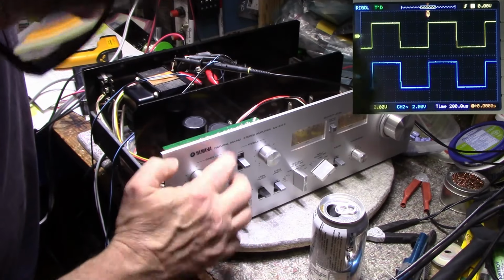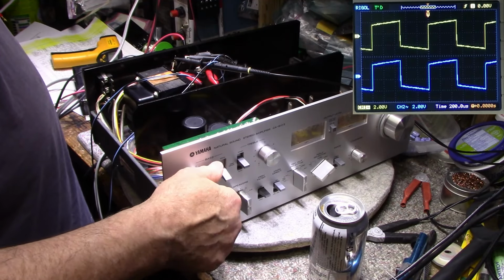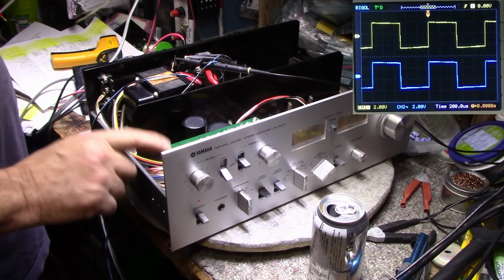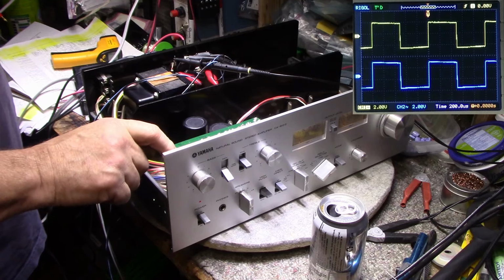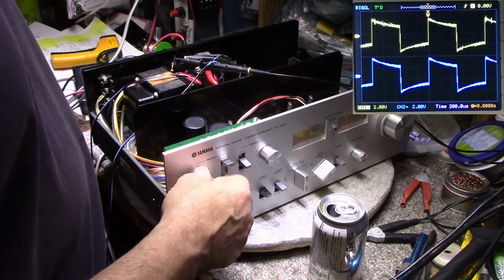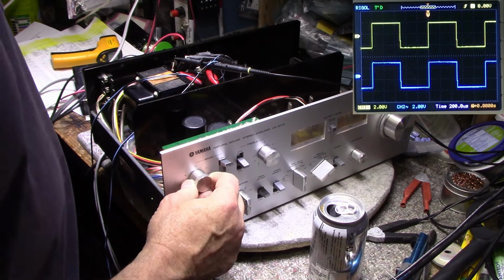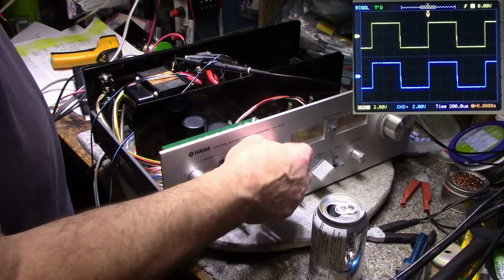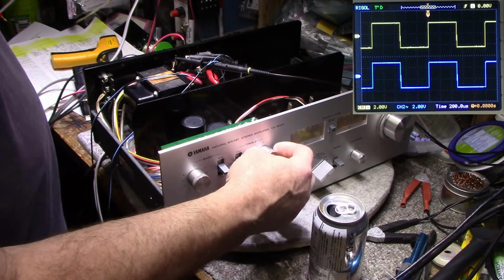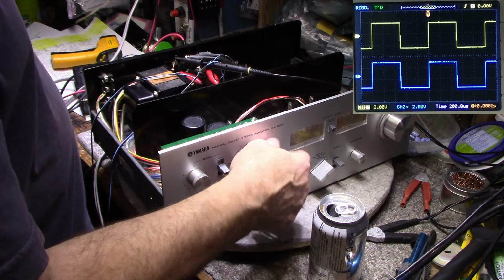Okay. Let's try this first. Bass cut. Bass boost. Maybe I forgot to treat these pots. Maybe that's what's going on. Bass cut. Bass boost. Okay, let's try this one. A little bit of amplitude change there on the bottom of that top trace when I...